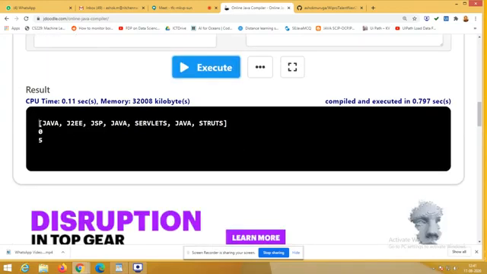Yes, it has reflected the list first. Later, it has given the first position of Java: Java is available at the 0th position. The last position is 0, 1, 2, 3, 4, 5, the fifth position. So 0 will be fetched by indexOf, and 5 will be fetched by lastIndexOf.